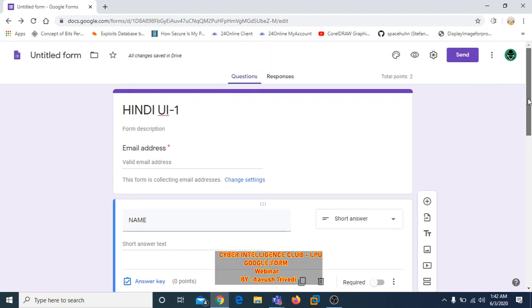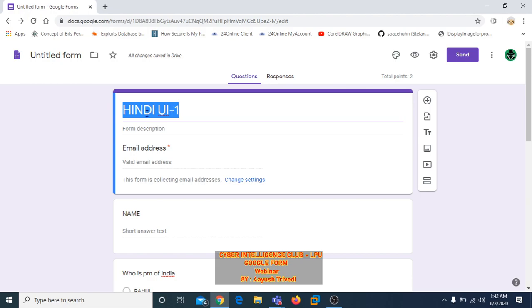And the one last final thing you need is to put a header image above this title, unit test 1. As I have heard, you have been provided some kind of image of DPS Riyadh, and you are willing to put it on the top as it's on a worksheet or question paper.